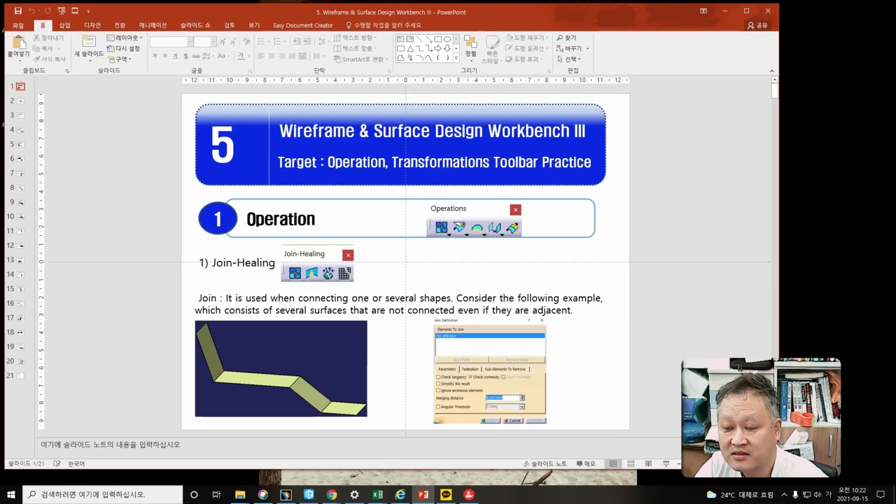Today we are talking about wireframe and surface design workbench number 3. This is the third explanation about the wireframe and surface design. The main target this time is to learn operation, transformations, and toolbar practice. First one is about operation. The operation toolbar is